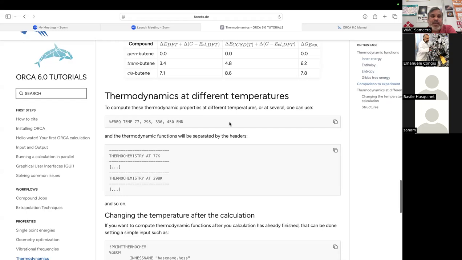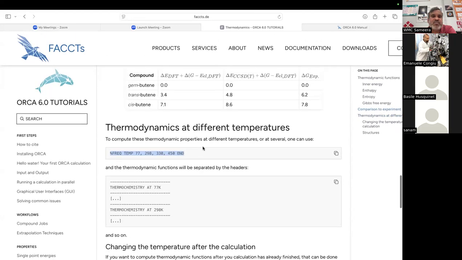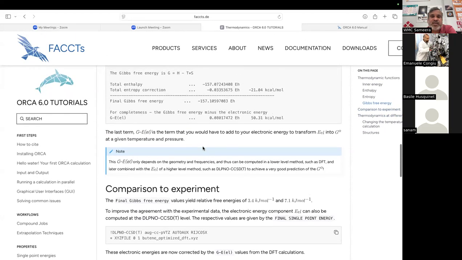And then if you want to check the thermodynamic properties at different temperatures, you can simply include the temperature you want. This may be new to you. You can define the temperature required for the thermodynamic property calculation. So it is pretty simple. And